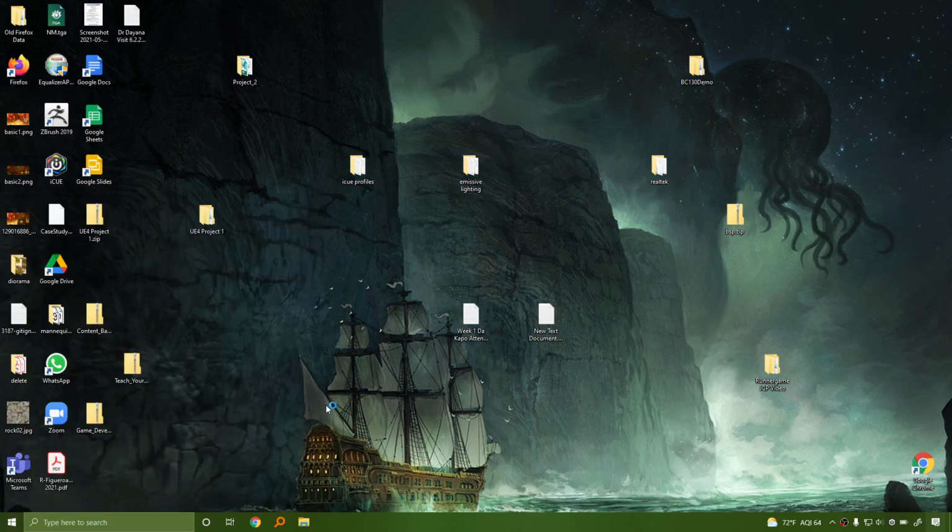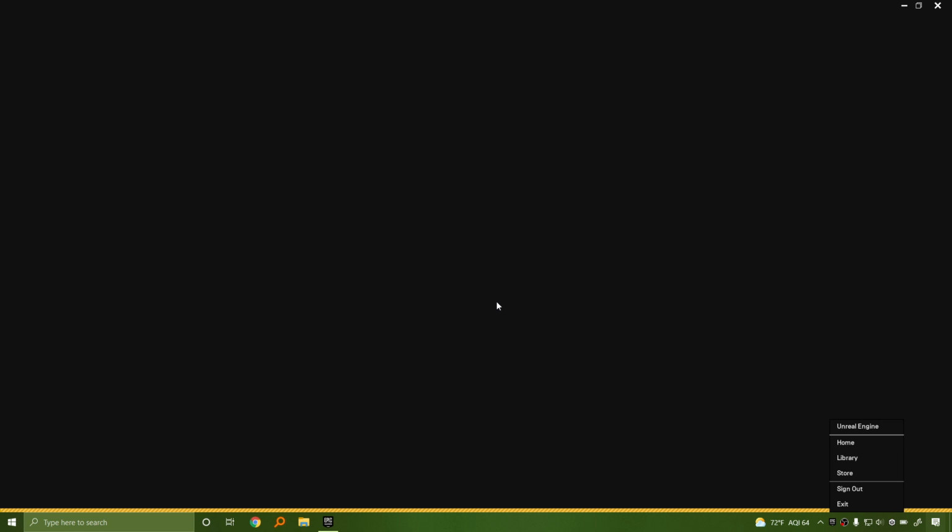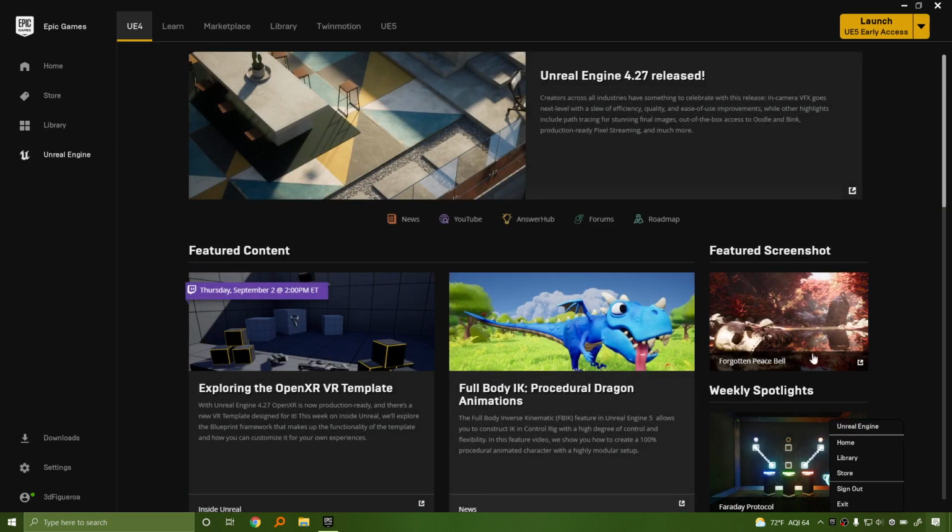Where am I? Oh, Epic Games Launcher. Yes, there is a way to launch the engine without the launcher. It used to be down here. If the launcher doesn't load, it can be annoying. That's how you do it right there. Otherwise, you can navigate to the actual Unreal Engine file and launch it, but I'll show that in a later demo. All right, let's go ahead and launch Early Access here.